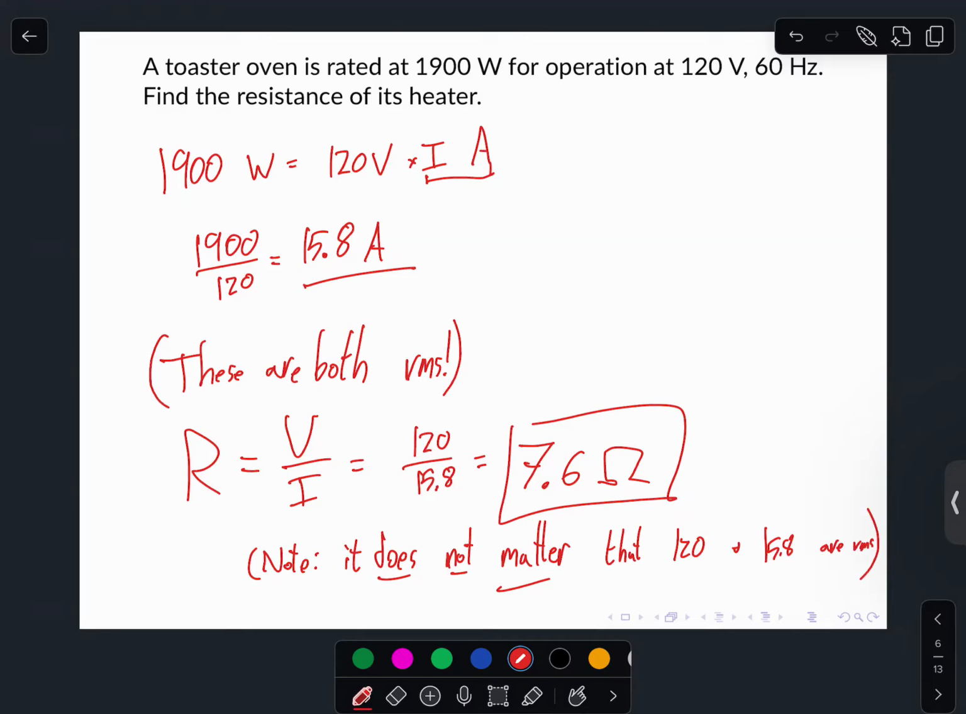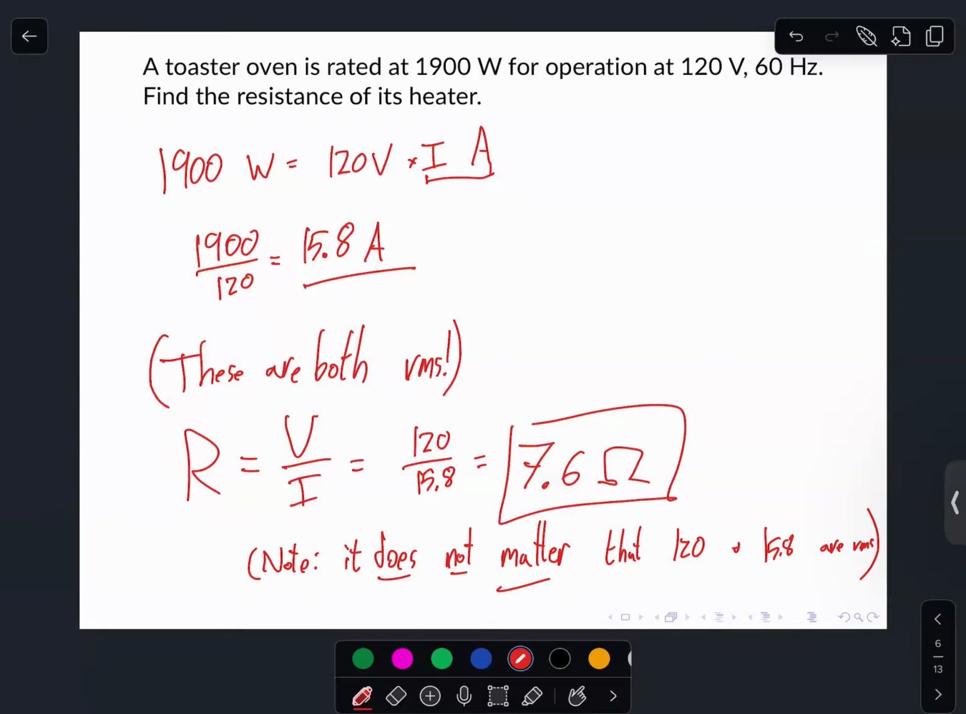You done? Did you get this? 8-ish? 7.5? Good. Please note, again, when I use wattage equals volts times amps, when I convert to find amps, I'm still in RMS land. This 15.8 amps,